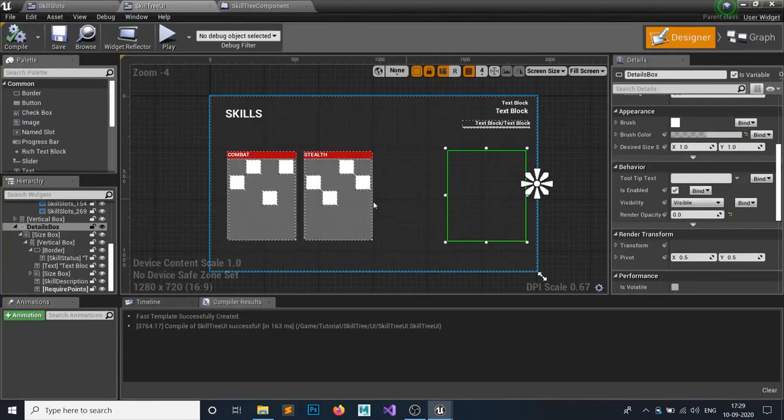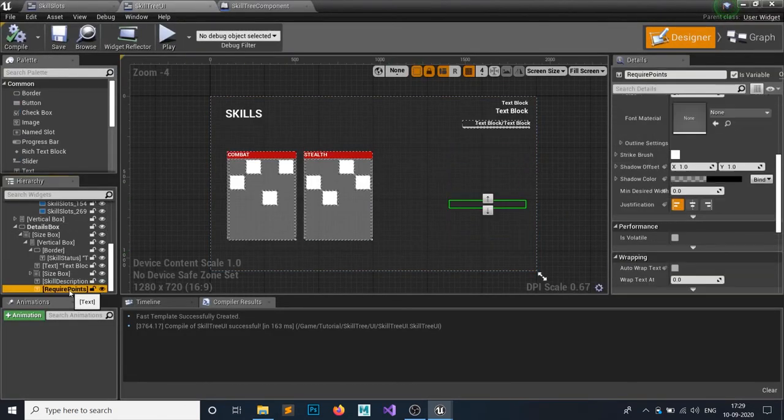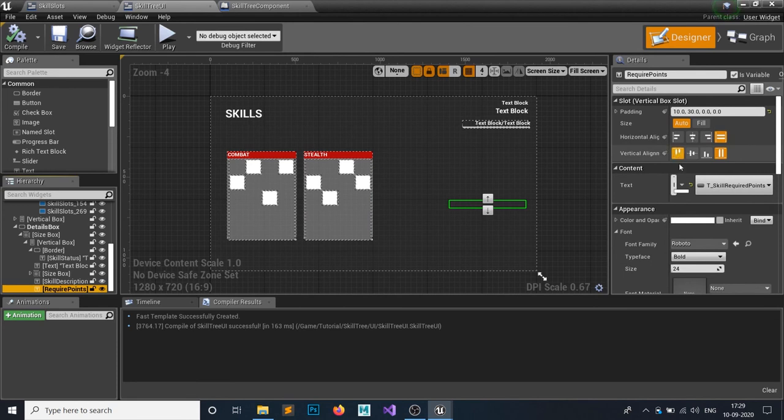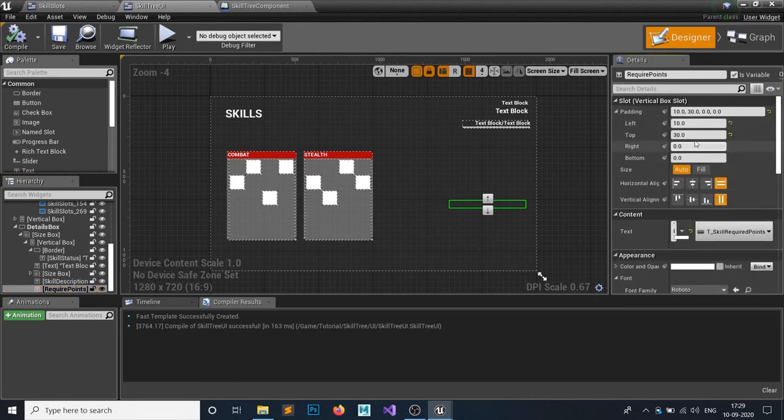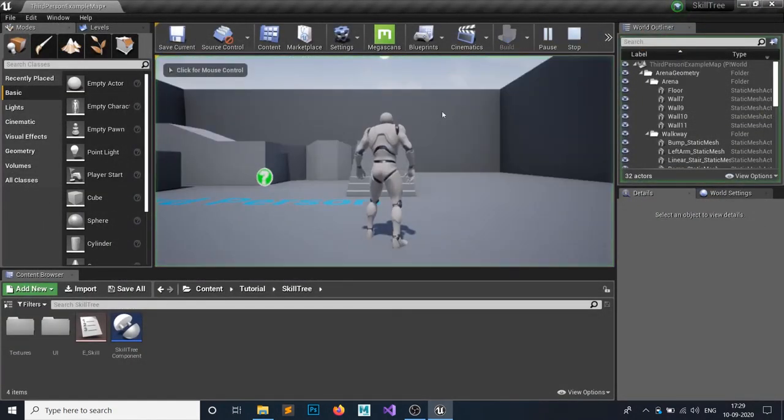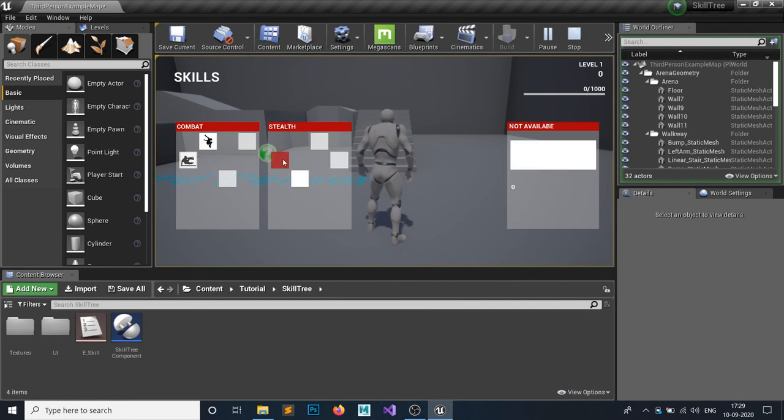In the skill tree UI, you require skill tree points. Add some padding to the left side of 20. Hit compile, save, close that up. Let's see. Tab. Yep. So this is how it looks.